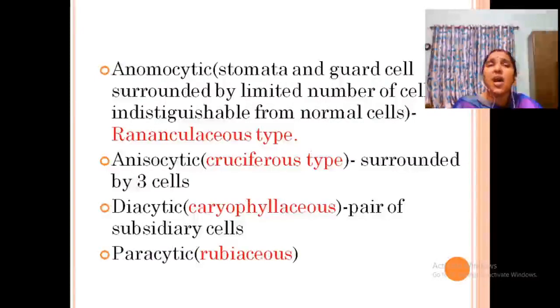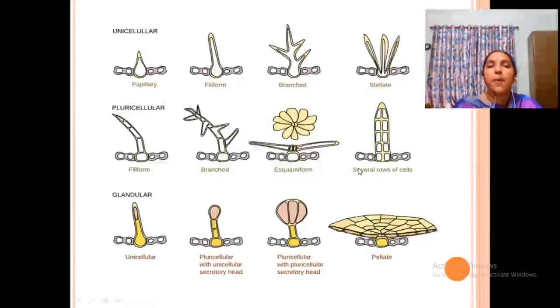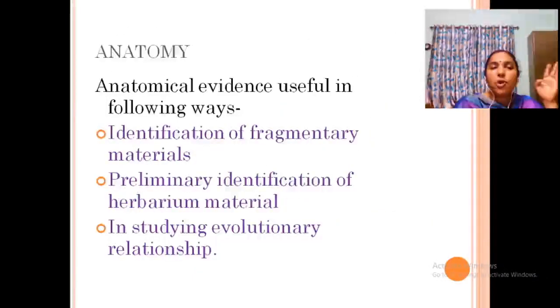That is present only in the Rubiaceae members. You can see the different types of stomata: anomocytic, anisocytic, diacytic, paracytic and so on. Now, different types of hairs: unicellular, multicellular, glandular. These are specific to particular genera or particular family members. Lamiaceae is characterized by the presence of glandular hairs. Some of the Scrophulariaceae members also have glandular hairs, Rutaceae members etc. also have glands. Then that is about the morphology. So, exomorphology, endomorphology, different structures.